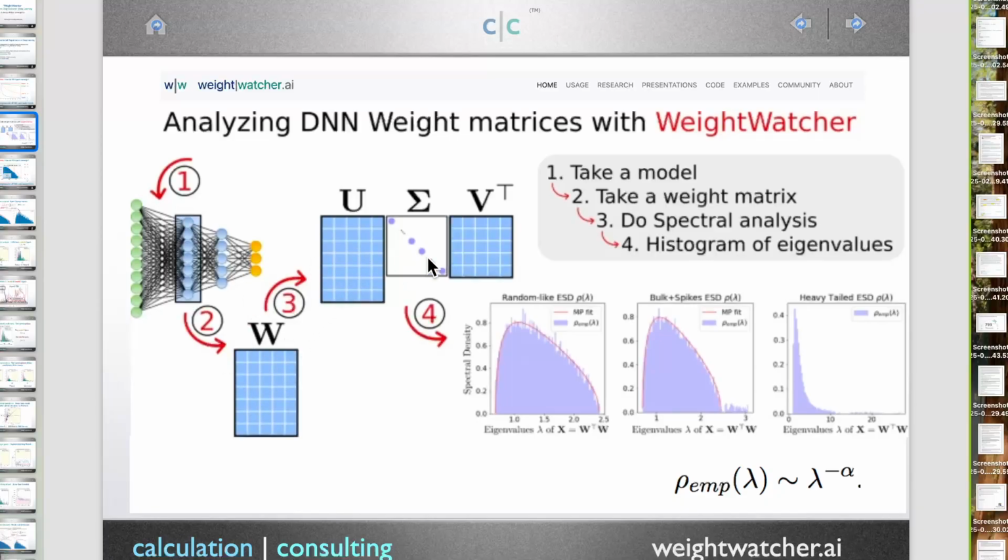You compute the singular value decomposition of the weights, and you get these eigenvalues. This is not a terribly hard calculation. At most, I don't think I've seen a model with more than, say, 15,000 eigenvalues. So this doesn't require a supercomputer. You just do it individually. And what you'll get is you can plot a histogram of the eigenvalues, and the histogram will tell you how much information the eigenvalues have learned.